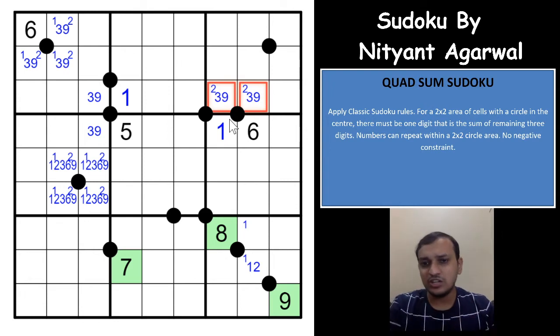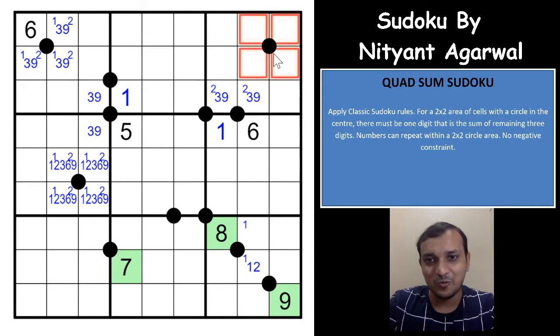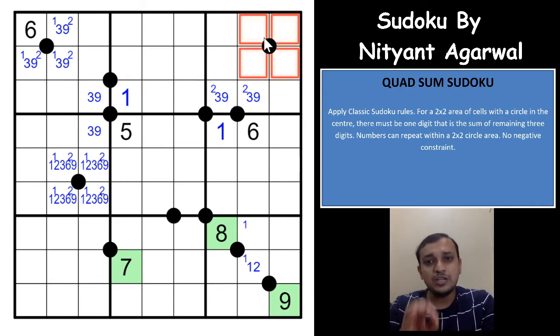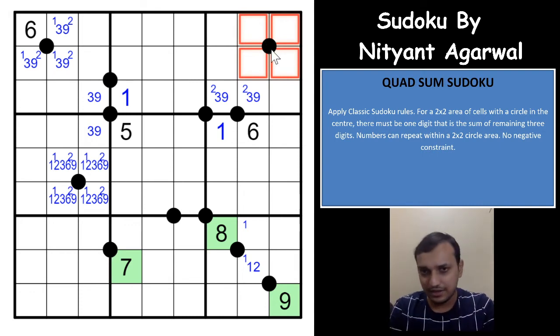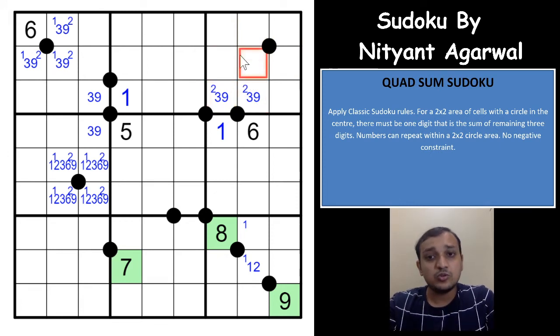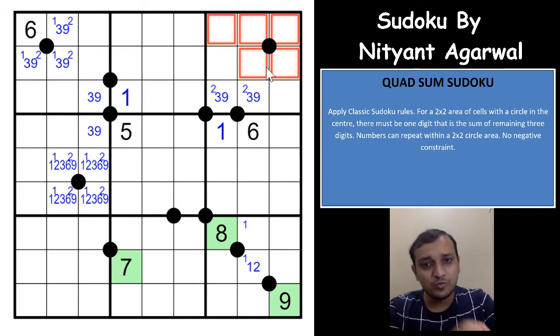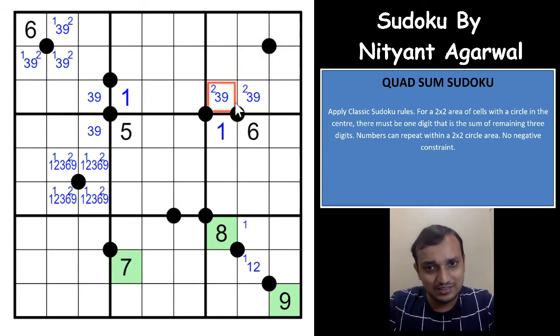Again, now the next part of the logic is, you will really love this, guys. The next part of the logic is this circle now. What is the minimum sum you can get in these 4 cells? It is 6: 1, 2, 3 and 6, right? But 1, 2, 3 is not possible. 2 is in one of these 2 cells, right? So the next sum would have to be 1, 3, 4, 8. 2 is already there in this cell.